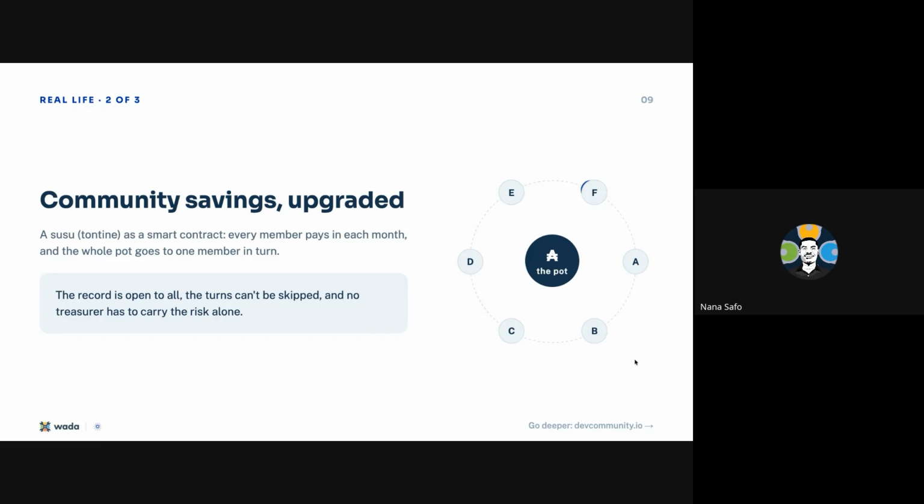And like you're saying, it is programmed, right? If it is 10 people in the group and the smart contract receives funds from all 10 people, automatically it knows that it needs to release funds to, let's say, person A, then the next time to person B, the next time to person C. That keeps the chain of distribution intact. It never gets interrupted, like you were saying.